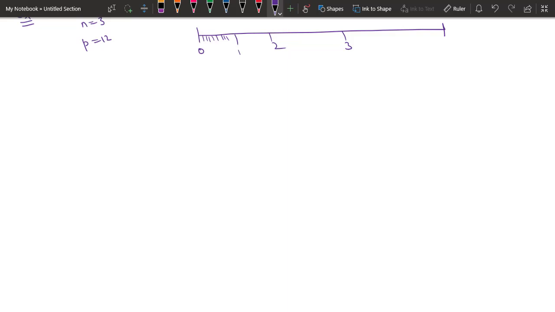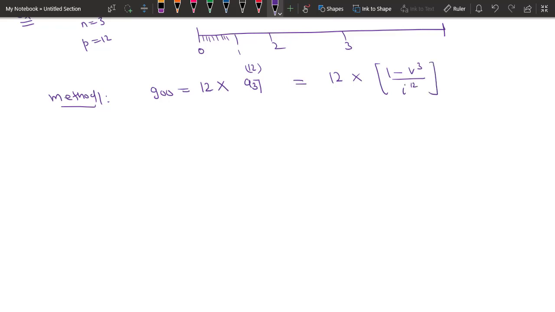So to calculate the amount, we always have two methods. Method 1: the equation of value will be 900 equal to, since we have 12 payments and let the amount be x, 12x a angle 3 at I12. So we are not breaking the time into months and we are just using the years unit. We can calculate this by 12x(1 minus v^3)/I12,